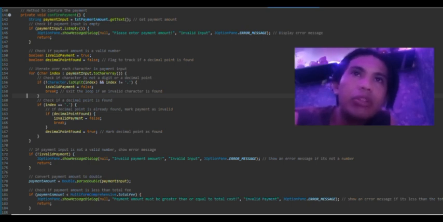After that, we will use a for loop. It is used to iterate over each character in payment input. For each character in payment input, we use char index, payment input dot toCharArray, and then we use an if statement, which checks if the character is not a digit or a decimal point. And below that, we can see isValidPayment equals false. It uses the flag and it is set to false, and then break, which exits the loop if an invalid